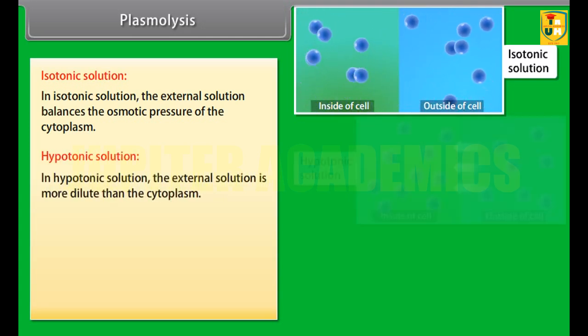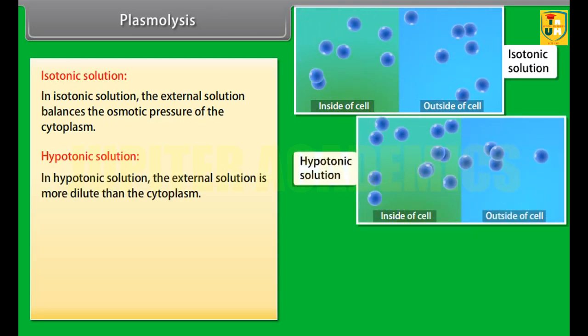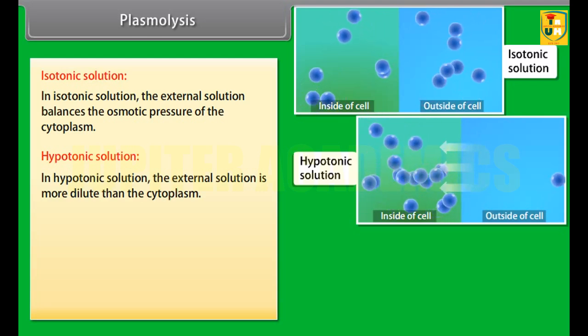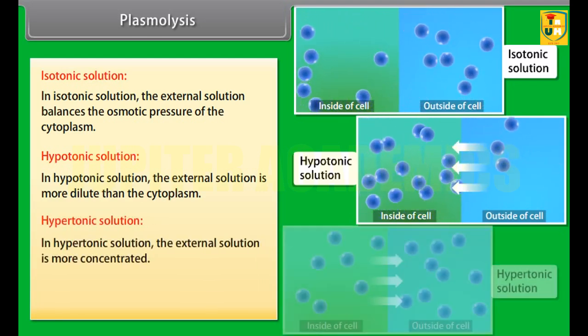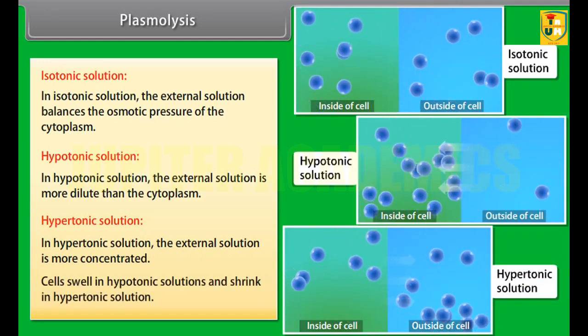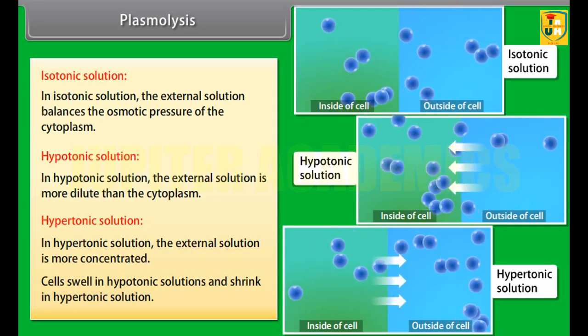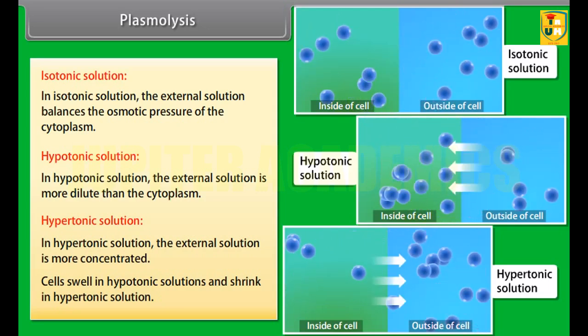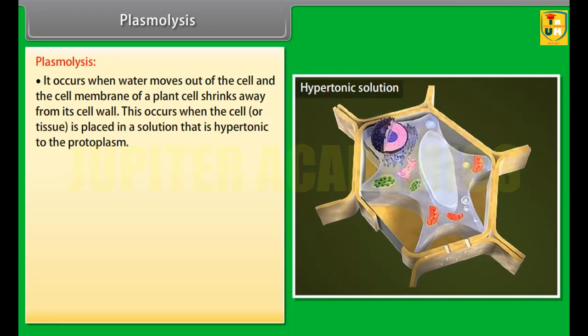If the external solution is more dilute than the cytoplasm, it is hypotonic. And if the external solution is more concentrated, it is hypertonic. Cells swell in hypotonic solution and shrink in hypertonic ones. Plasmolysis occurs when water moves out of the cell and the cell membrane of a plant cell shrinks away from its cell wall. This occurs when the cell or tissue is placed in a solution that is hypertonic to the